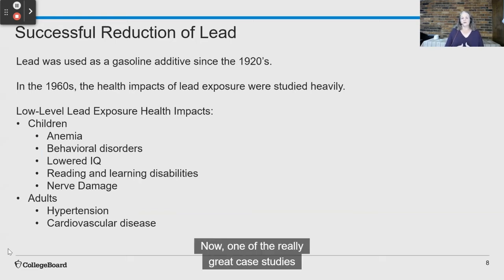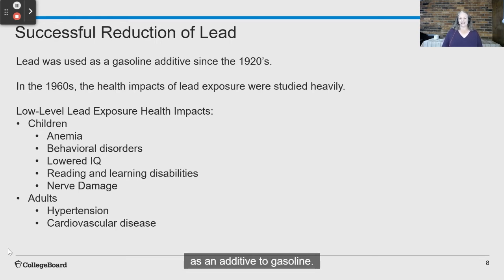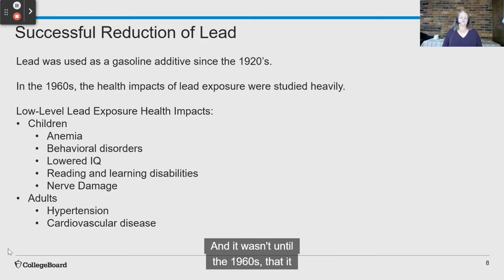Now, one of the really great case studies that came about because of these air quality standards is the reduction of lead in the atmosphere. So when you think about lead, you might not even think about it as being an atmospheric pollutant, but it was, because in the 1920s, we started to use lead as an additive to gasoline. It helped improve octane ratings, and it wasn't until the 1960s that it was discovered that lead had some very